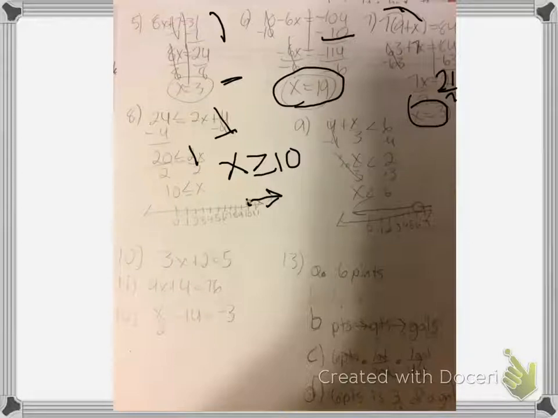The next problem, I subtract 4 from both sides, I get 2. Then I multiply by 3 on both sides, and I get 6. X is less than 6. Open circle to the left. Alright, number